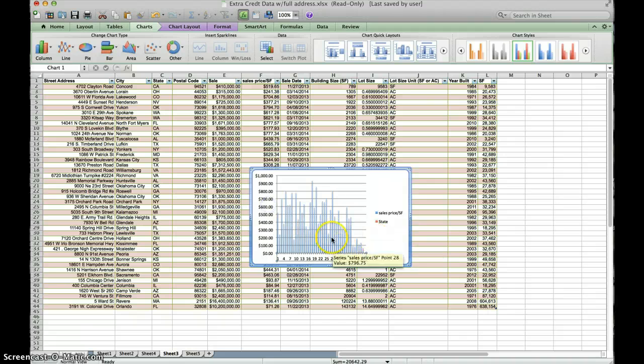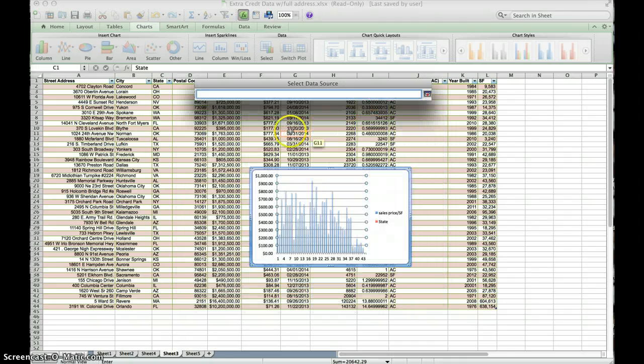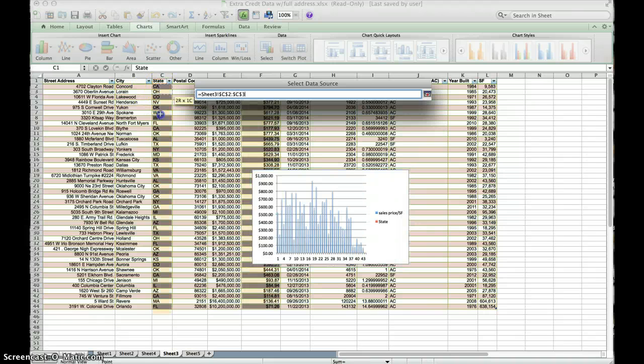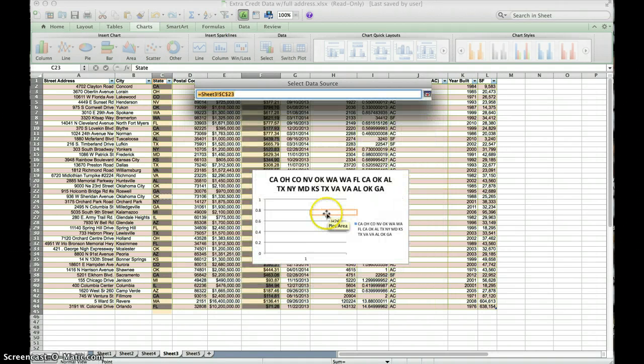No, cancel. Where's the red? Let's see if we can select our data information. Alright, so chart data range, here and there. Okay, so category on the Y values, we want the Y values to be